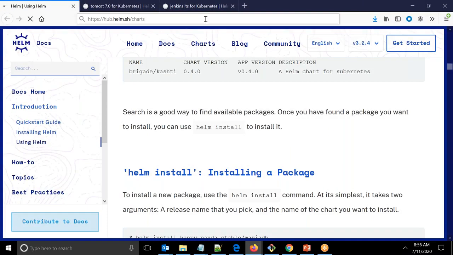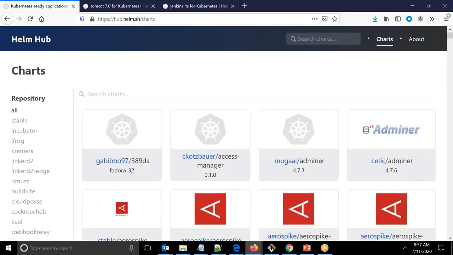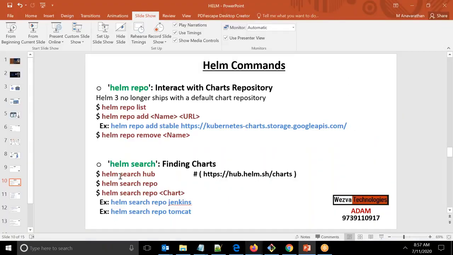So if you go ahead and say hub.helm.sh, this will have a list of all the charts, and this is how it acts like your Docker Hub. Okay, so now it has a whole list of charts available, so you can use whatever charts you need for your practice. All right, now the same, if you come back to your search,